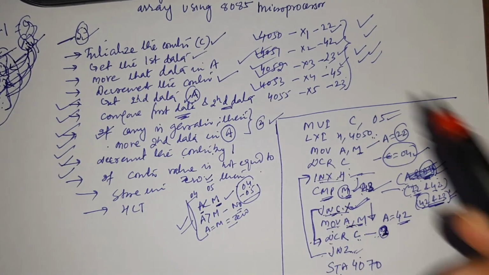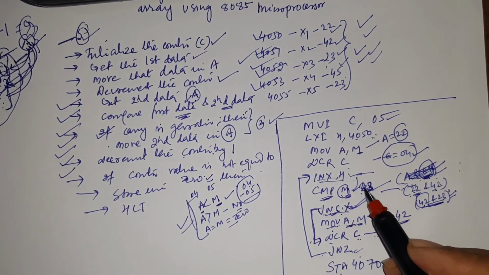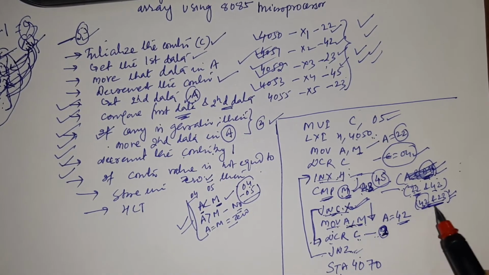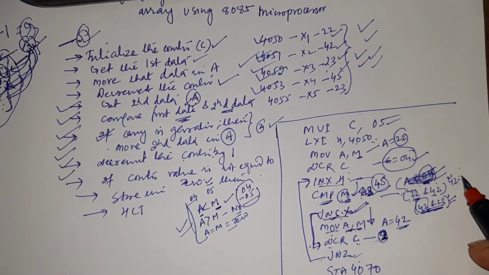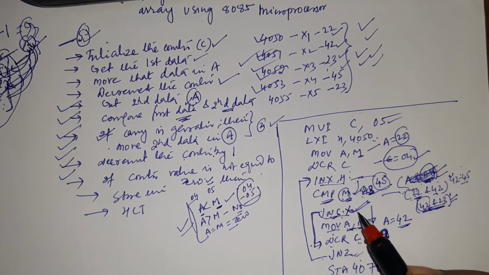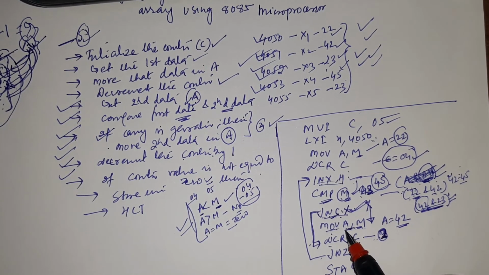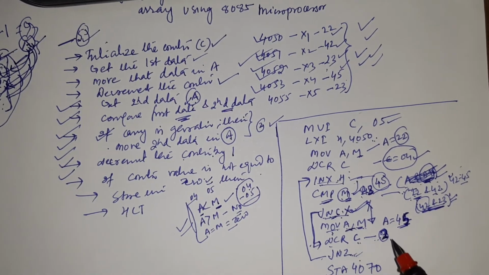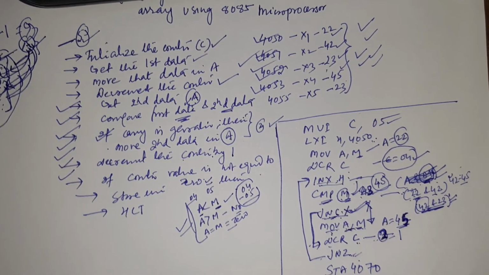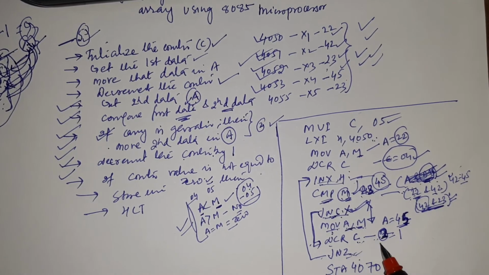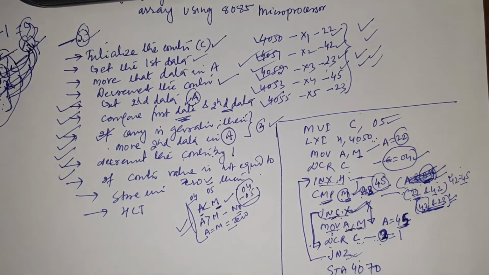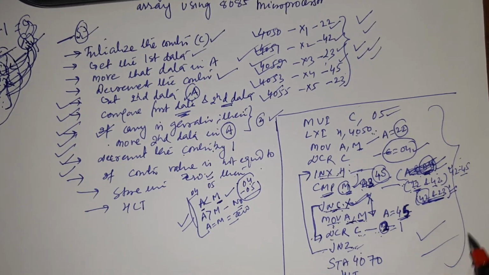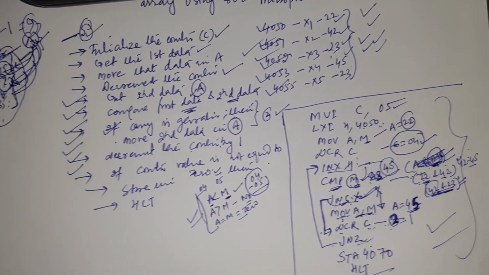Now it will point to 45. What happened? Now value of M is 45 and content of accumulator is 42. Then again we are going to subtract, this will not happen, so this condition fails. Now move A comma M. After this content of accumulator will be 45. Here value of C will be 1, and again it is not 0, so again it will take the next number, and by doing this we can finally find which number is largest.